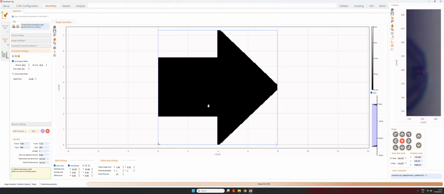We import it. In this case, I'm using a NanoFraser Scholar, so there is no laser option. I'm importing it with the standard pixel size and depth of 25. So we have our layout number 2.